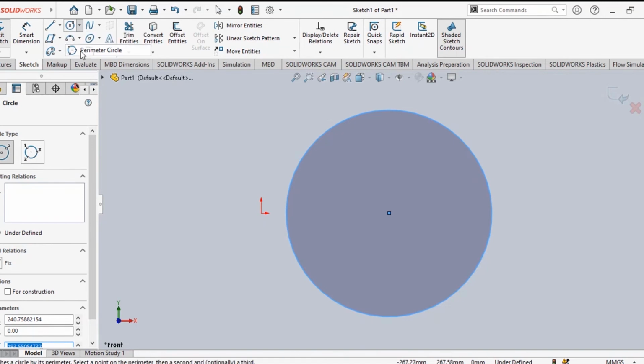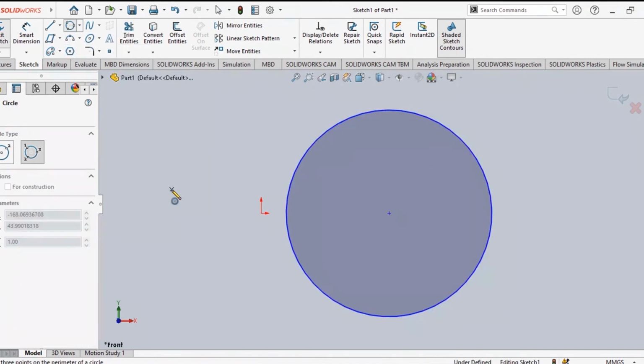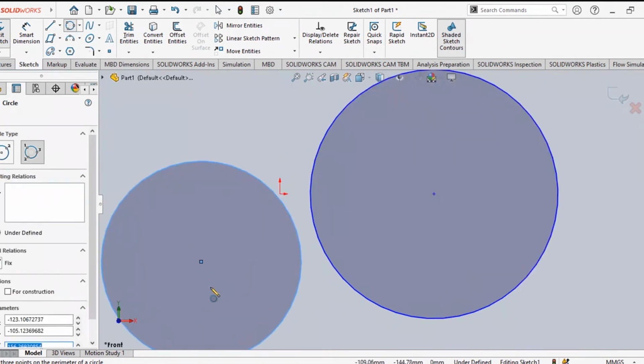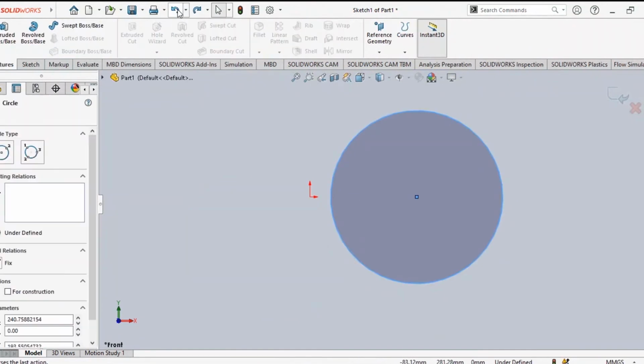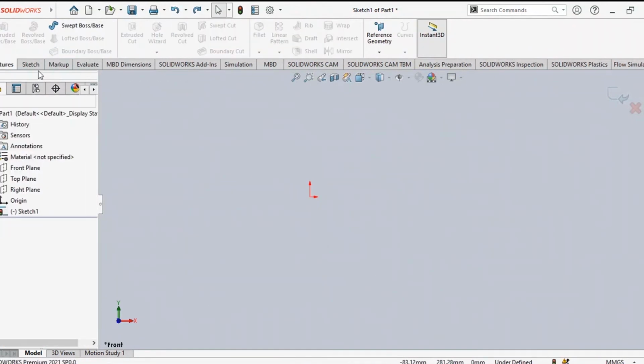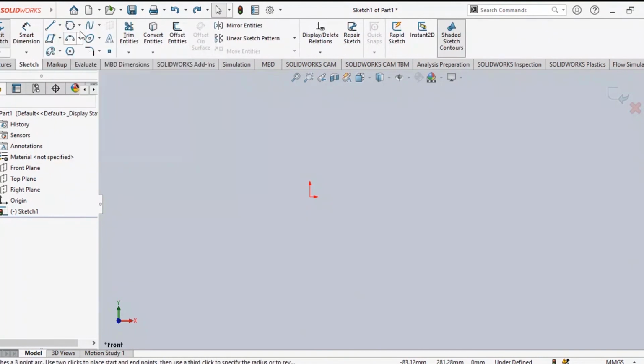You select that one, 3-point. Now this is the first point, click. Suppose this is the second point, now it will be asking the third point. If you click anywhere, that will be the third point. So with 3 points you made this circle. We'll undo it, again we will do it. Undo these things. You have to draw the circle with 3 different points on the periphery or on the circumference.